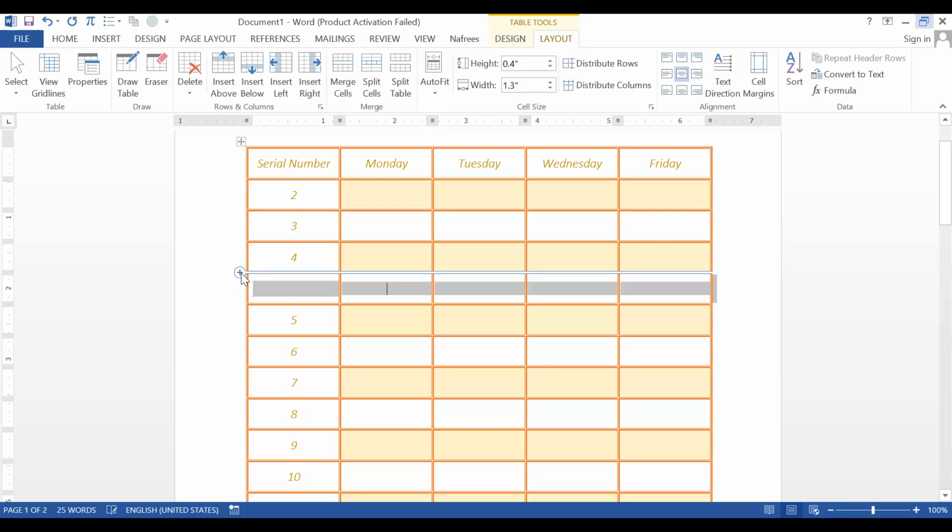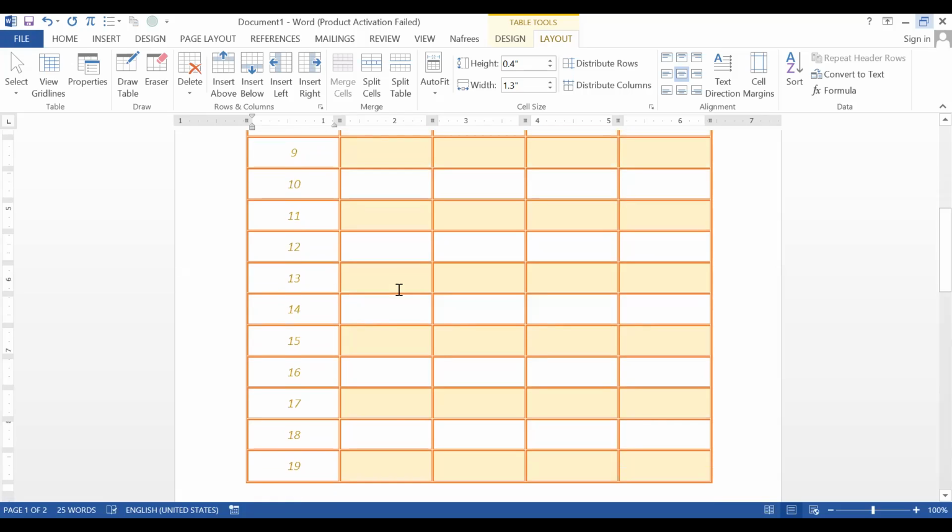If you click this one, see, an extra row has been added. Let's say you need to add another row between 13 and 14. Then move your cursor along with the border line of 13 and 14, and you will have the button. These buttons will help you to create rows.